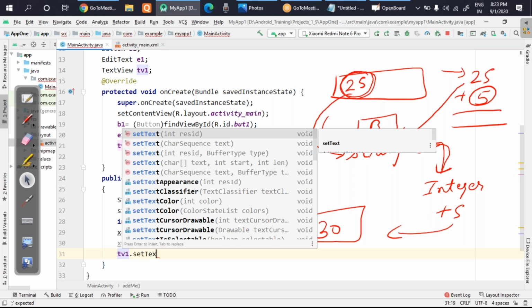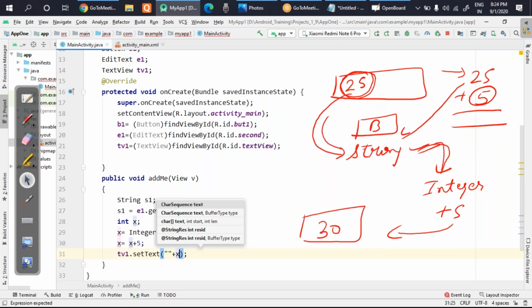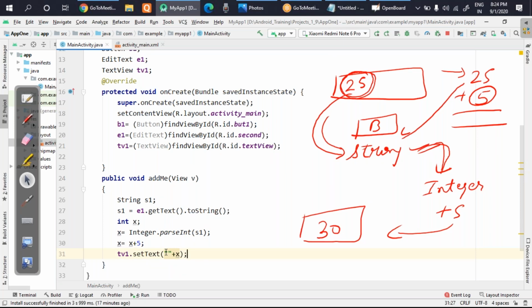Whatever you want to set should be of string type, but our output is an integer, so we have to convert it into a string. The easiest way is to write double quotes, plus, and then X. Whatever number you have taken will be added with the string, and when you add something to a string, the result is a string. In this way, you will be able to show the output.